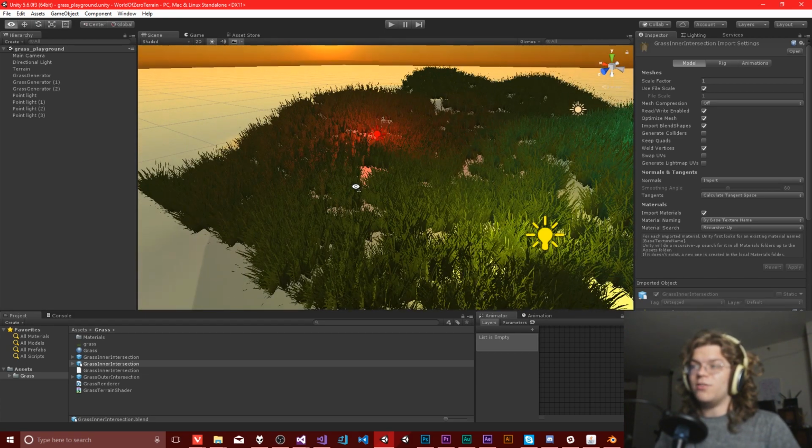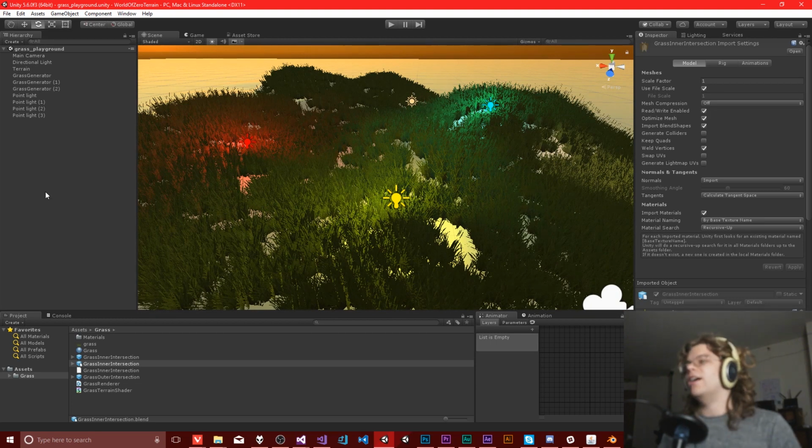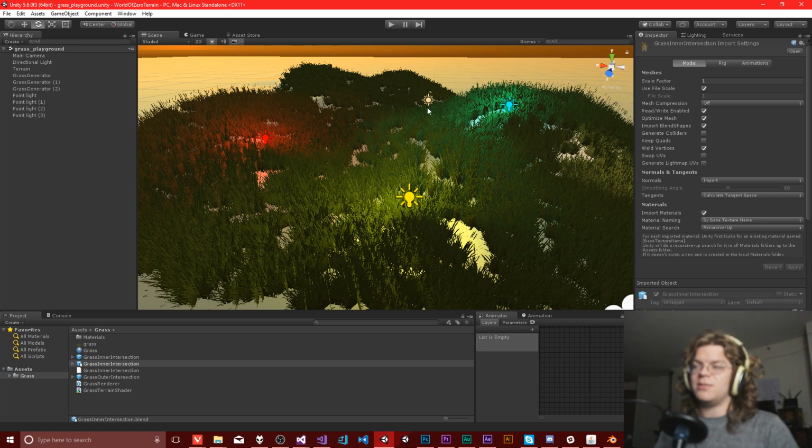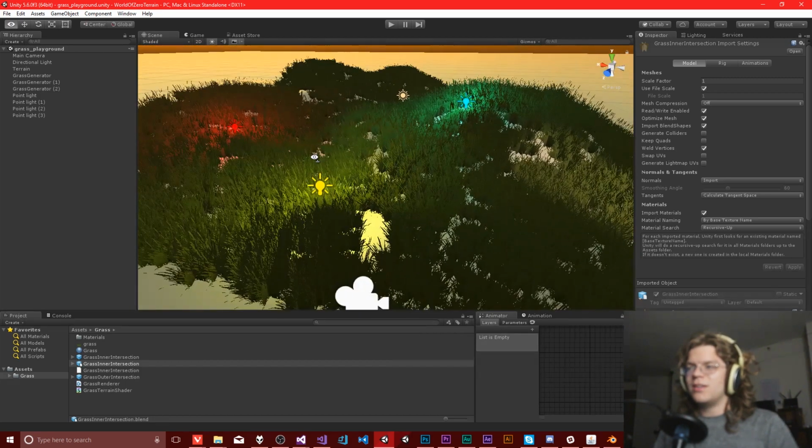So we're going to get rid of all of this. We're going to get rid of our mesh and pretty much do everything from scratch. So we're still going to need all of these points, but we're going to store every single point as a vertex in a mesh. And so, yeah,